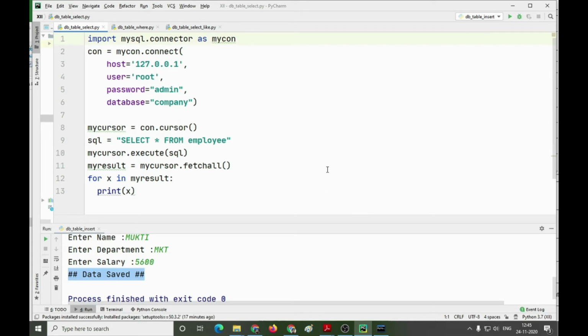Now since our table has been created and we have also stored some records into the table, let us try to fetch those records with the help of a program in Python. For that, again we have to import MySQL connector, naming it as mycon. With the help of this mycon I am establishing a connection again by writing host is equal to